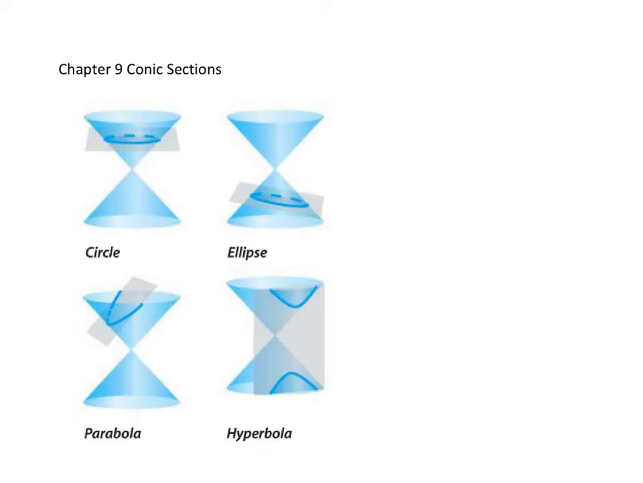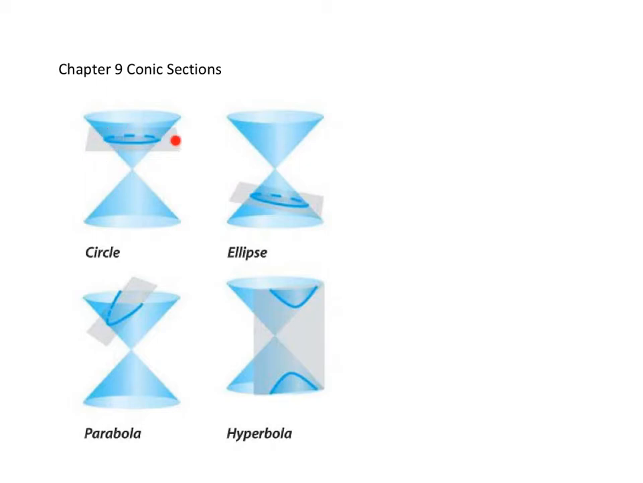This lesson begins our unit on conic sections. There are 4 different conic sections. They're called conics because they can be cut from cones or 2 cones put together. If you go straight across,